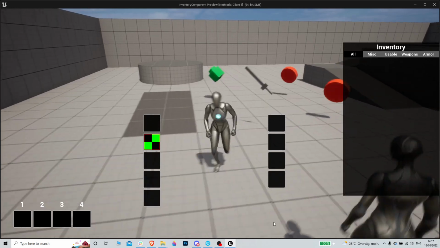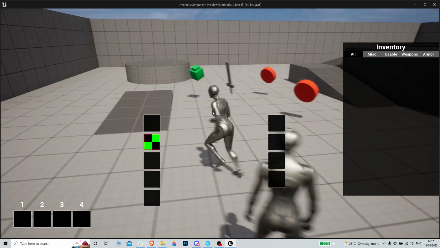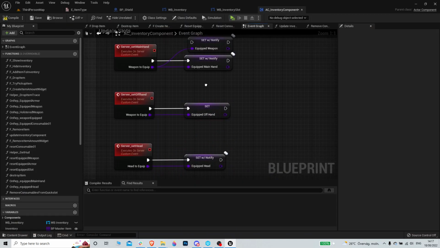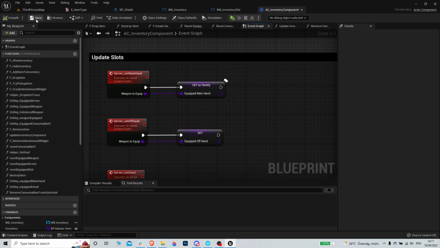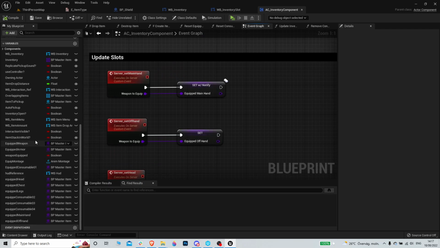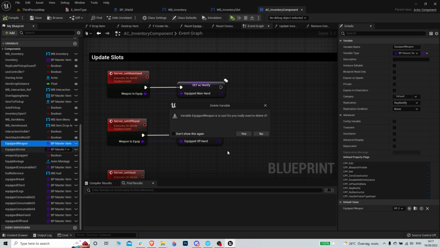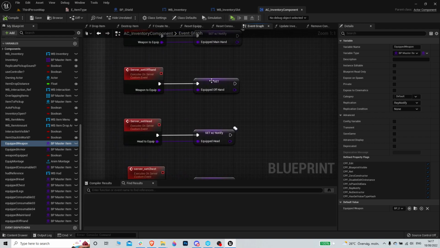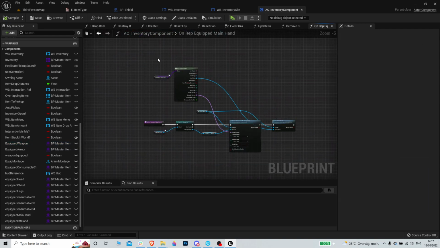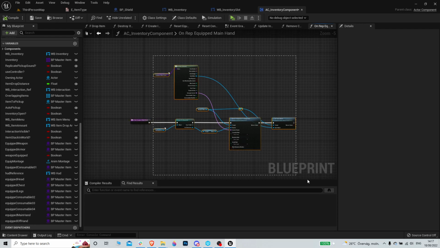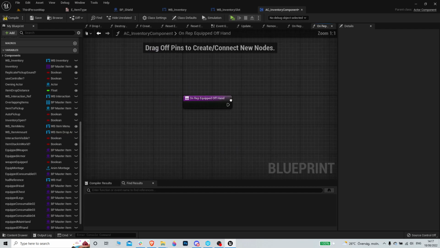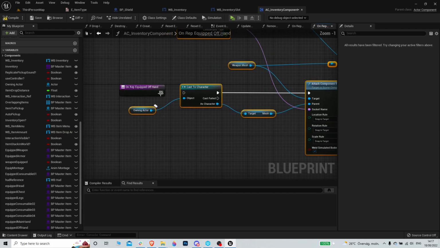There we go. So it works, but nothing happens here, and that's because we didn't set up the function. So I can delete this, delete this. I'm actually gonna, let's keep it for now. Set offhand, so let's just copy the logic from the set main hand. Yeah, so need to set this to rep notify. Copy the logic,